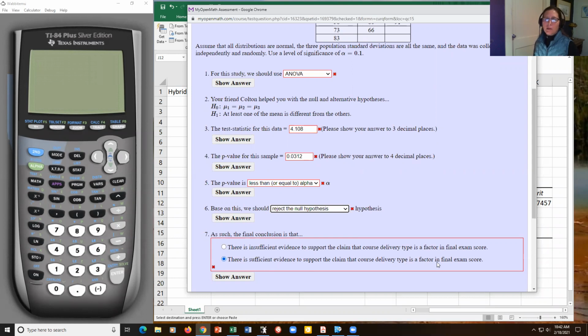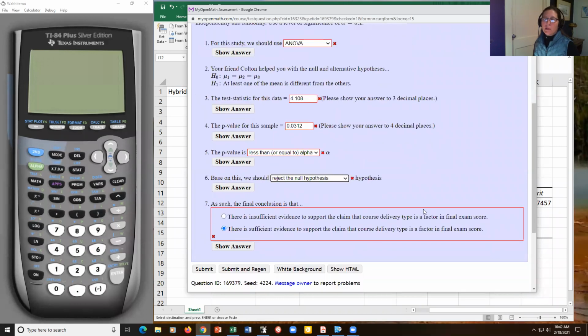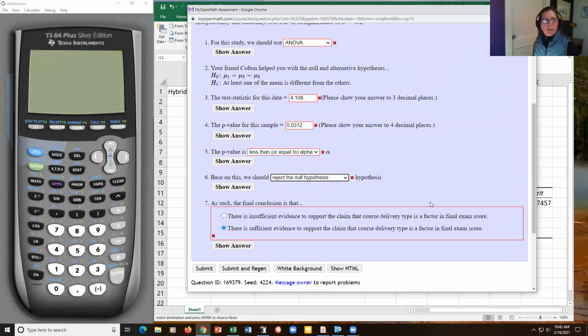Now that's not telling you where, like which one is the best method then. We'd have to do some type of post hoc test, Bonferroni, Scheffé, Tukey, Fisher. There's all sorts of different types of post hoc tests. So look at your textbook and what your instructor wants you to do for that post hoc test to see where